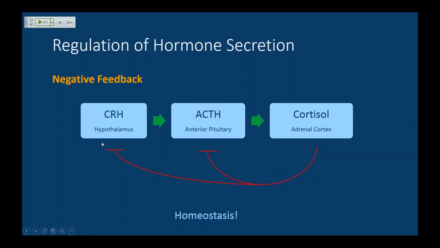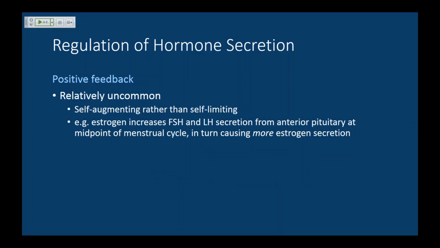So in this example, which we're actually going to talk about shortly, we have a hormone called corticotropin-releasing hormone in the hypothalamus, which acts on the anterior pituitary to secrete adrenocorticotropic hormone. Adrenocorticotropic hormone acts on the adrenal cortex to stimulate cortisol synthesis, and the cortisol itself, as well as the response from the cortisol, can then feed back to inhibit both of these steps, which then, as you see, prevents the further synthesis of cortisol. This is kind of the hormone saying, there's enough of me, we don't need to synthesize any more for the time being. Okay, so there are your basic negative feedback loops.